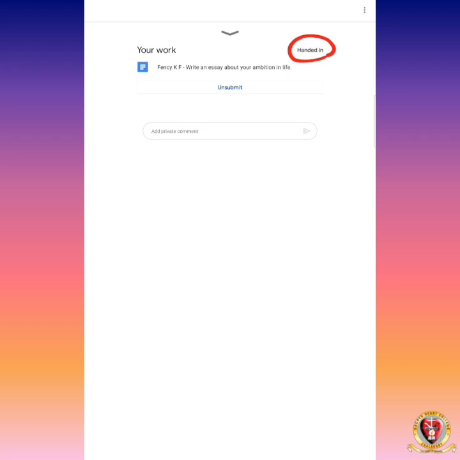This is one way. You can unsubmit it and you can submit in another manner. In the next assignment we can submit it in another mode. So I submitted this essay as a Google Doc in which I typed all the answers, and I attached it and clicked Hand in. That is an important option. After attaching the document you have to click the Hand in option. Okay, now this work is completed.